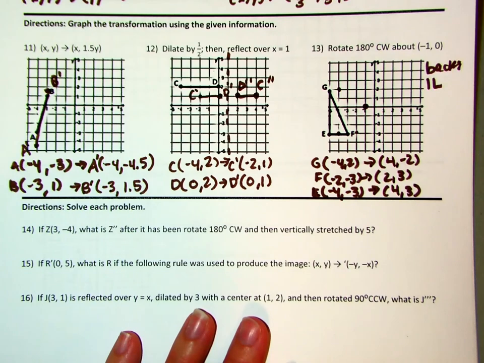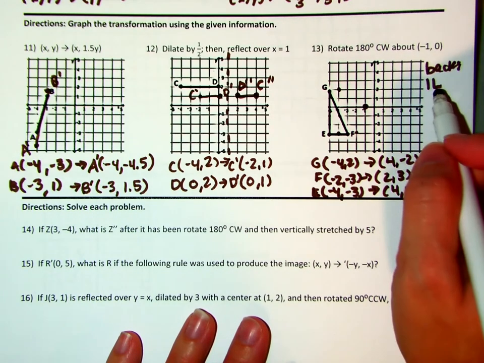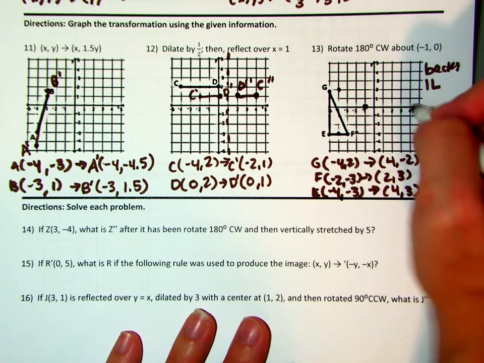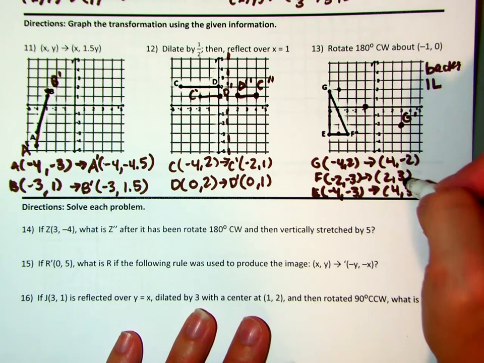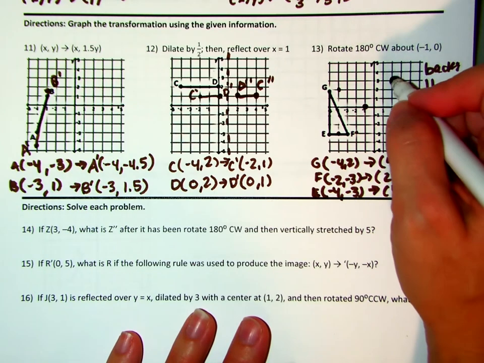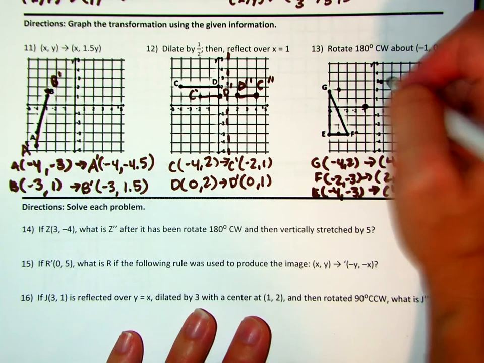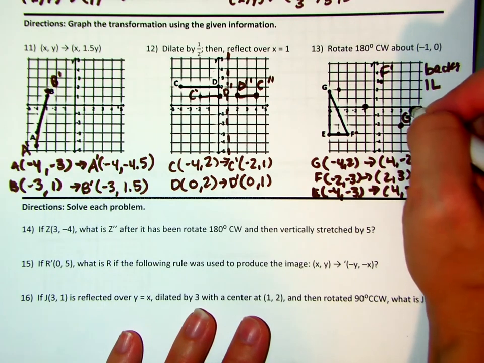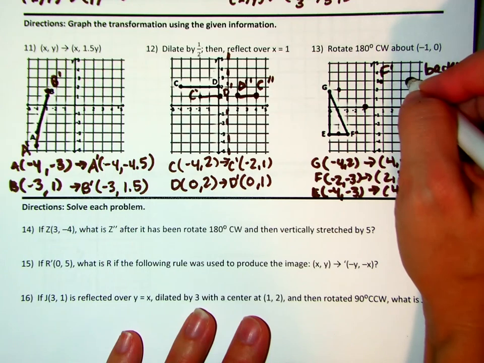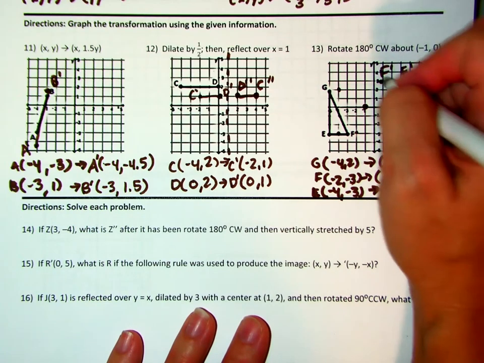Now let's go ahead and plot those, but as we plot them, we need to move each coordinate 1 left to finish this up. So we go to 4, -2, and now we're going to go 1 left, and that is G prime. Then we're going to do it again, 2, 3, but we're going to go 1 left, so that right there is going to be F prime. Then we're going to go 4, 3, but then we're going to go 1 left, that is E prime. Now we're going to connect our dots,